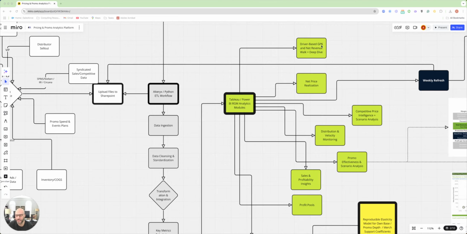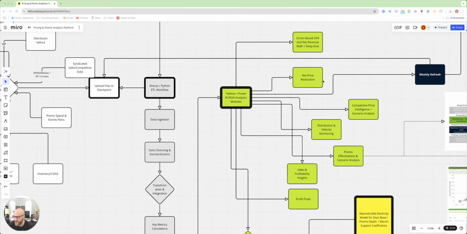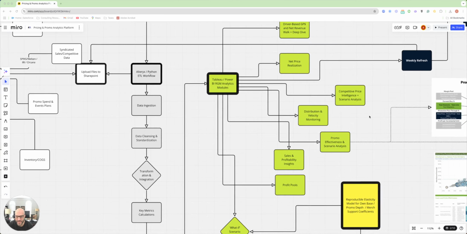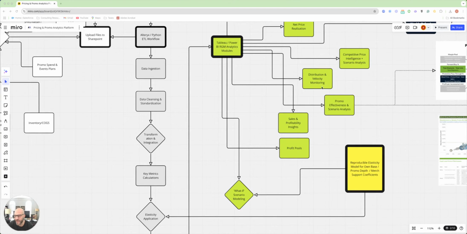So things like GP and net revenue walks and deep dives, right? So what is influencing your gross profit growth, either versus prior year or relative to budget, how much of it is driven by price, cost, volume, mix, and within mix, what is actually driving things, which customers, which products, tracking net price realization, right? Competitive pricing intelligence and scenario analysis, distribution and velocity monitoring, sales and profitability insights, promo effectiveness and